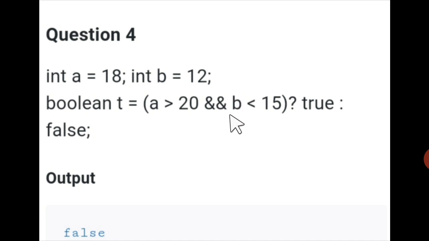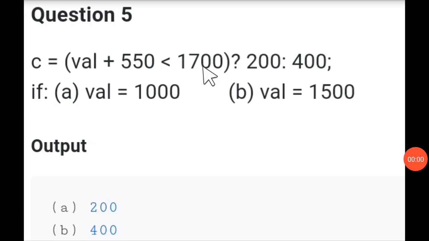That's the concept we will discuss later. So here, this A greater than 20, A is right now 18, so 18 is not greater than 20, so that is false. So automatically this part will not be executed, the control will go to false, else part, okay, after the colon, so the output will be false.